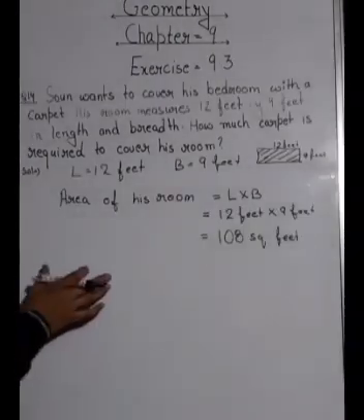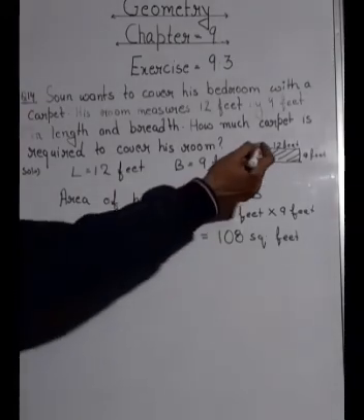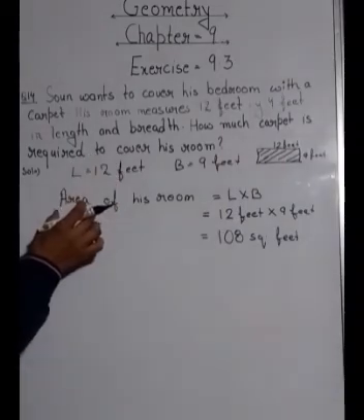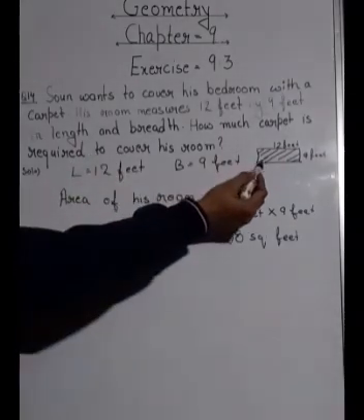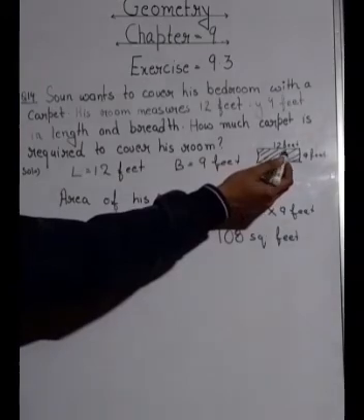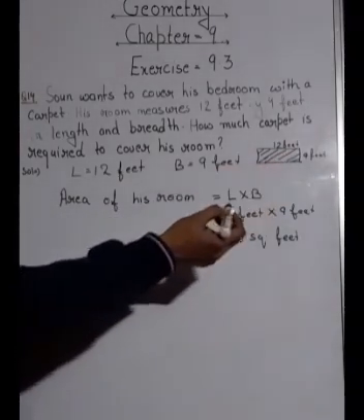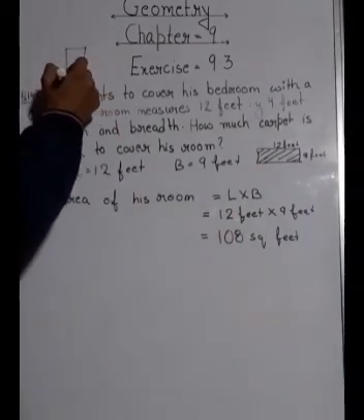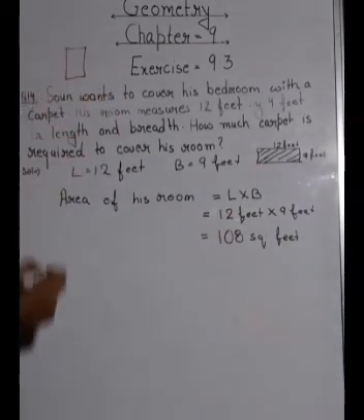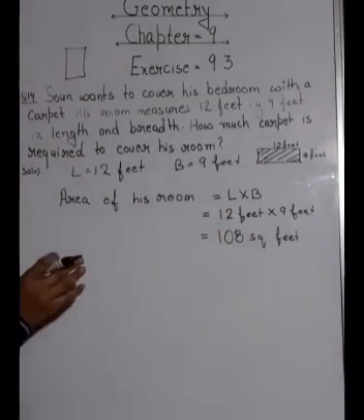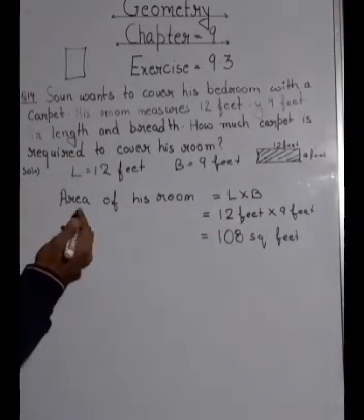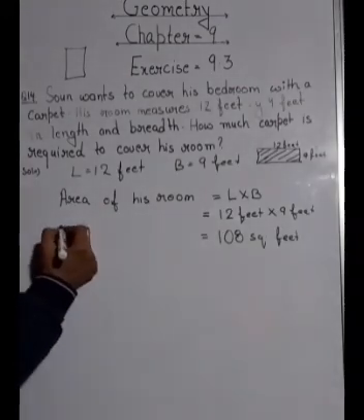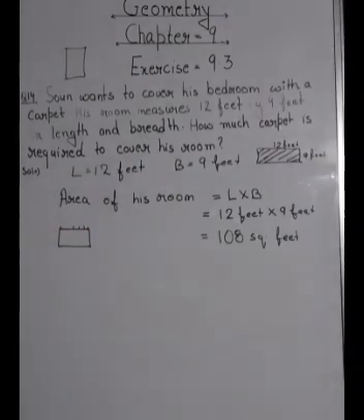Okay? So in questions in which you have to cover the area of the given shape, you have to find its area. For example, here you have to cover the entire floor of his room. And suppose you have a door and you have to paint the whole door. In these kinds of questions you have to find the area, whereas in questions which ask you to do the fencing or the boundary of a ground, you have to find the perimeter.